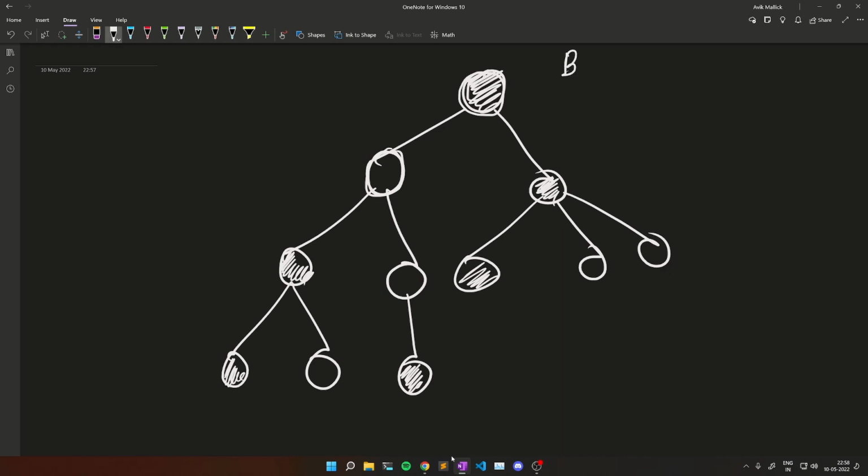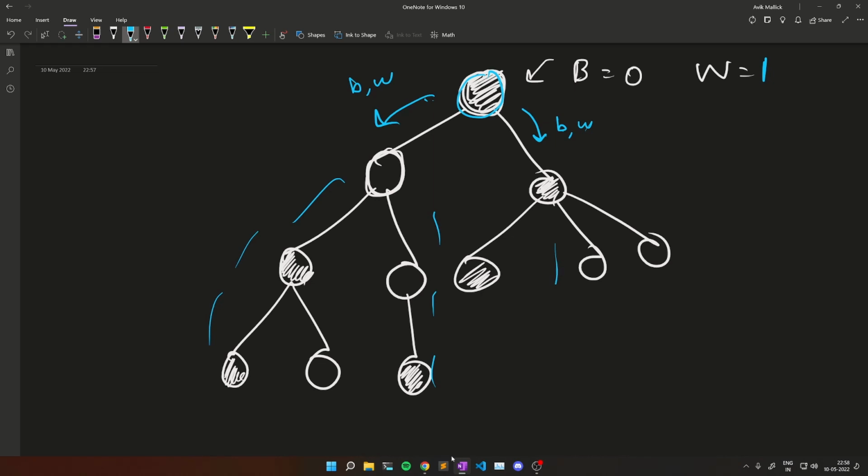Currently my number of black nodes is 0 and number of white nodes is 0. Currently I am at this node. Now my current node is white, so I will increase the number of white nodes by 1. Now I will ask recursion to give me the number of black and white occurrences in this subtree. Let's say it gives me B and W, and I will ask my recursion to give me the number of balanced subtrees in this part. So it will calculate recursively, and this will give me the values of B and W, and this B and W will be added. So in this subtree,